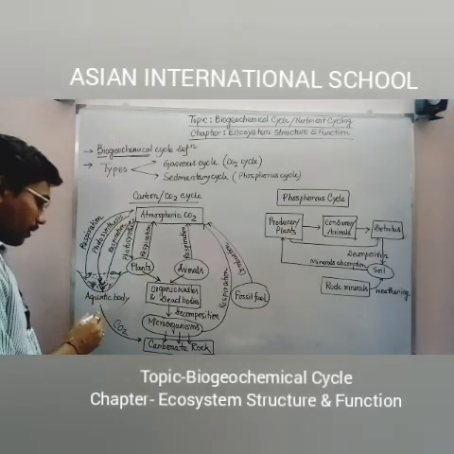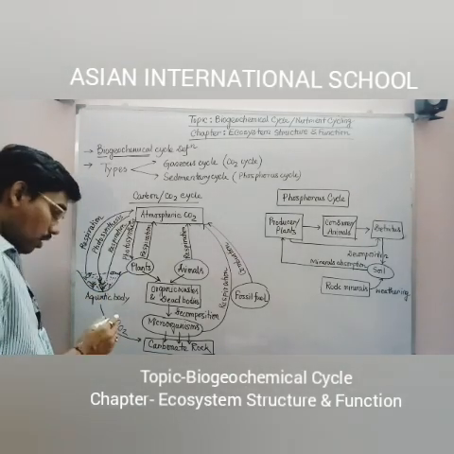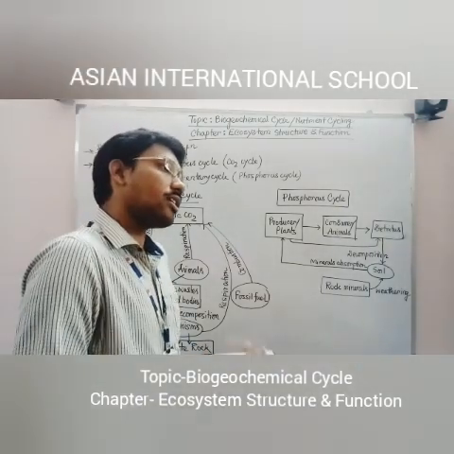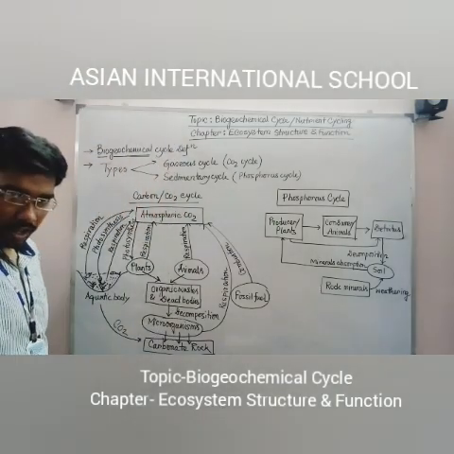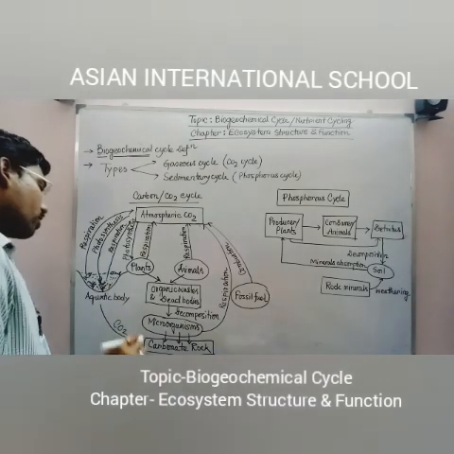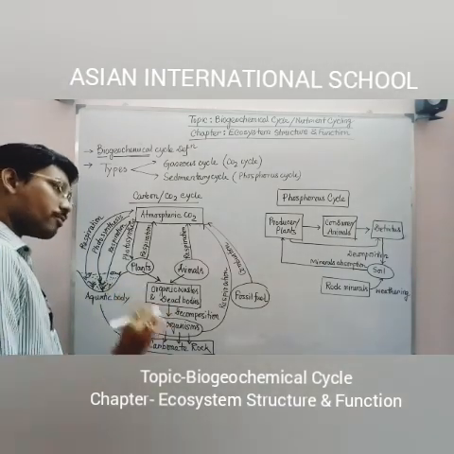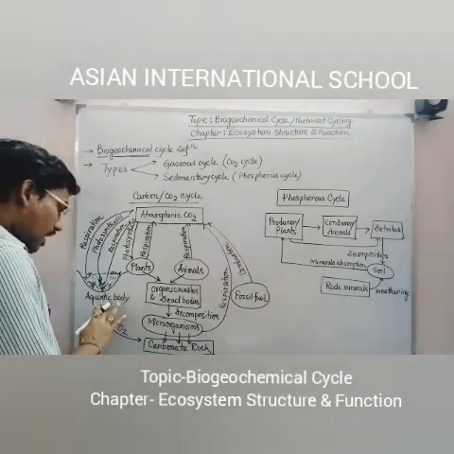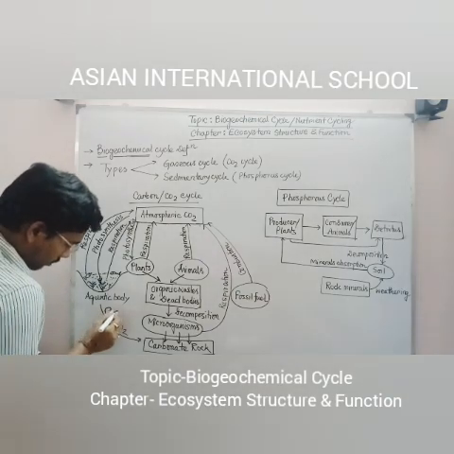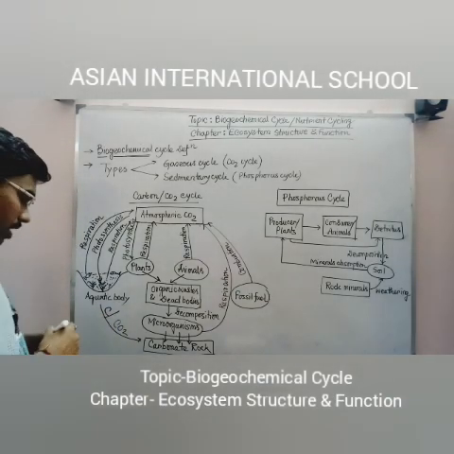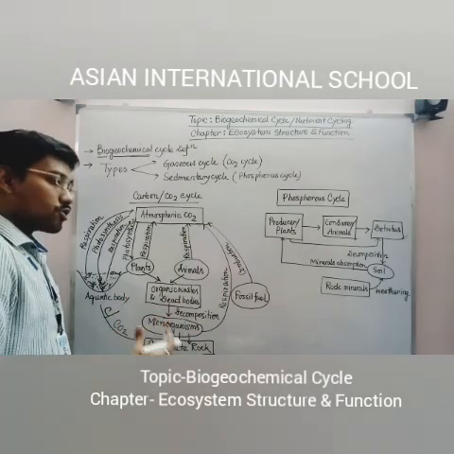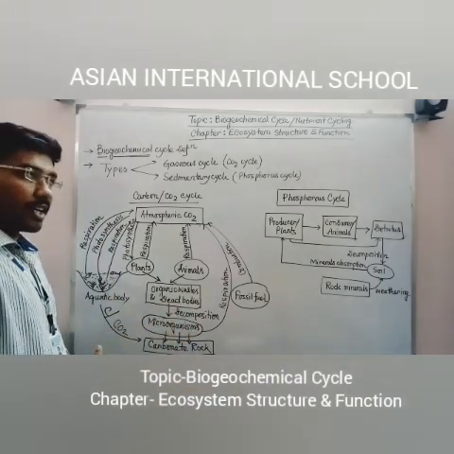Another thing, from this aquatic body we have to give 1 arrow downward, and we have to write here carbonate rock. That means the carbons are also getting sedimented under the soil in the form of rock, that is carbonate rock. Okay, calcium carbonate rock specifically. So for forming the calcium carbonate rock, carbon is very much required. So automatically from the aquatic body, that specific carbon or carbon dioxide will get added into the carbonate rock, and it will gradually make that quantity of carbonate rock bigger day by day.